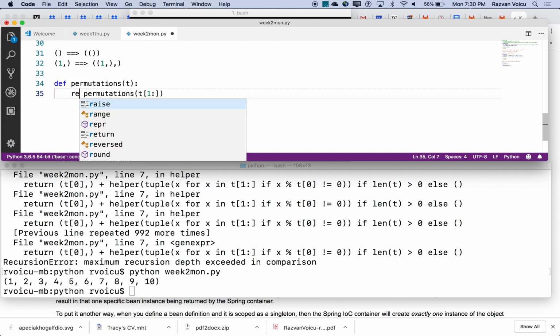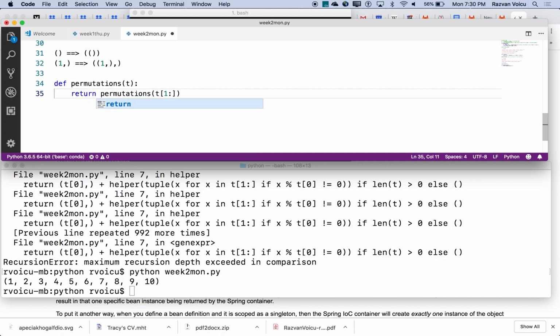Maybe we don't need this. Let's not jump the gun. So if our tuple is empty, we're going to return the tuple containing the empty tuple. So we need a comma here. So if len t equals 0, else,